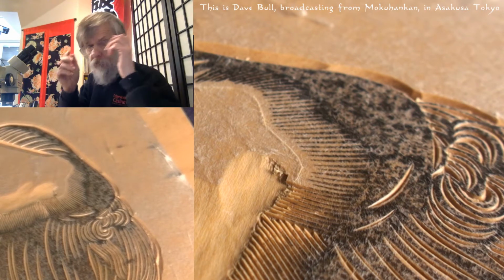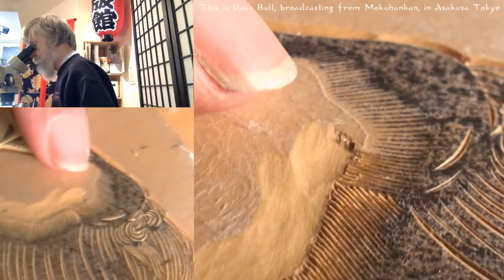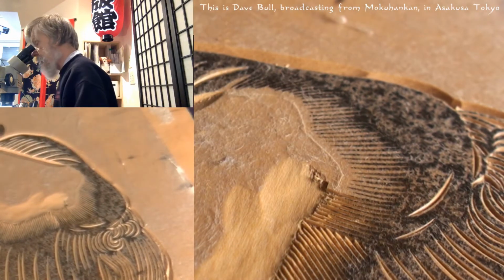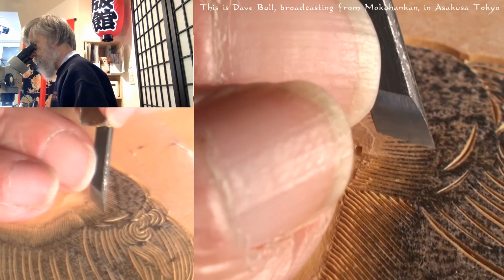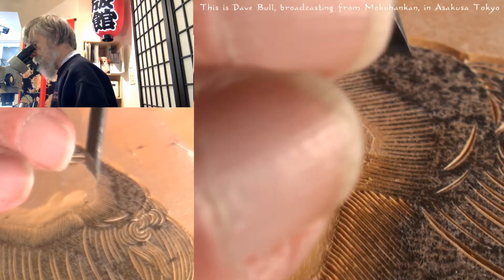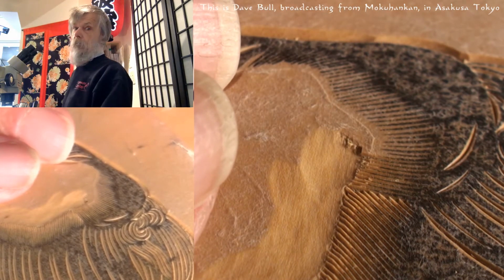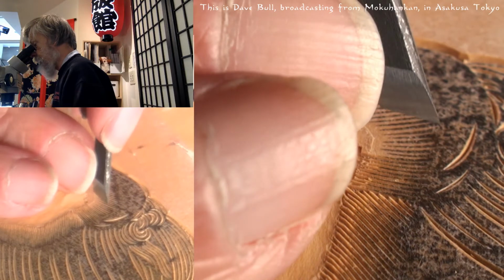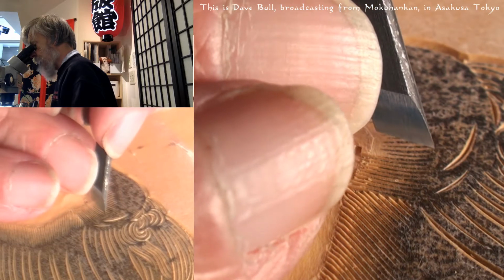Who cuts mine? I get it cut by a lady who lives out in Ome, two houses down from where I live. She chops all the local hair. First time I went in there, this would be 20 years ago when I moved there, I saw the sign, so I go in her place, and it says hair, whatever. And I go in there, and she didn't panic, but she, whatever, because she's doing just the women. Usually the women in the neighborhood get their hair done at that place. She's got a setup next to her kitchen. I guess not many men go in there, so I walk in there and she's